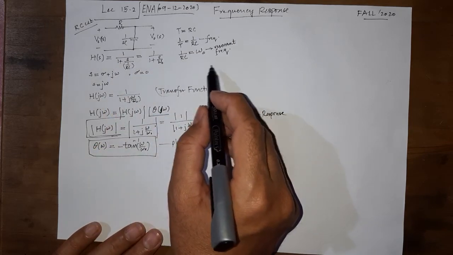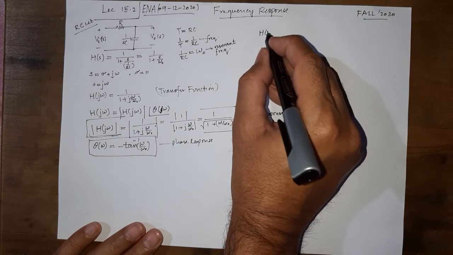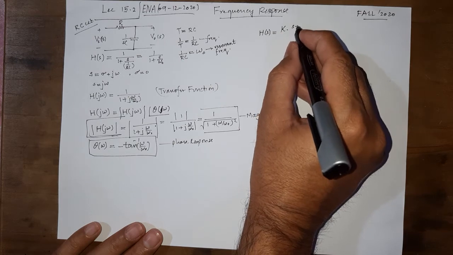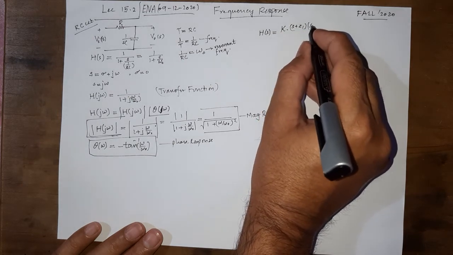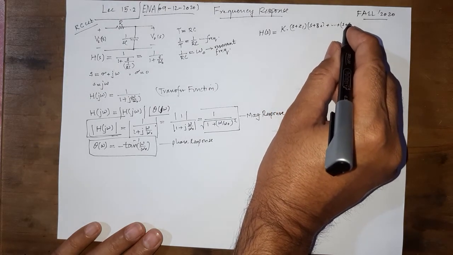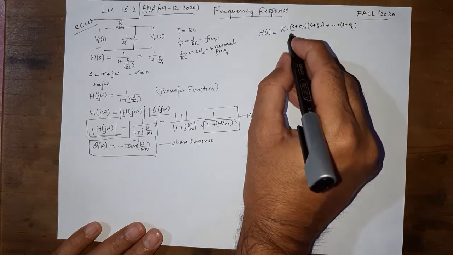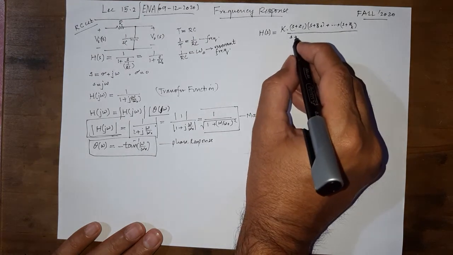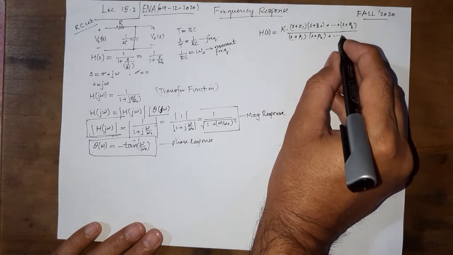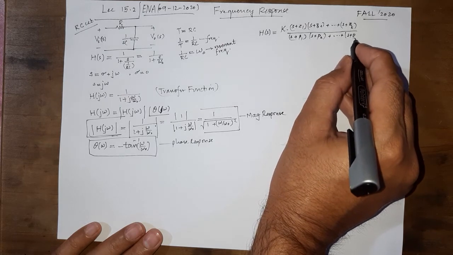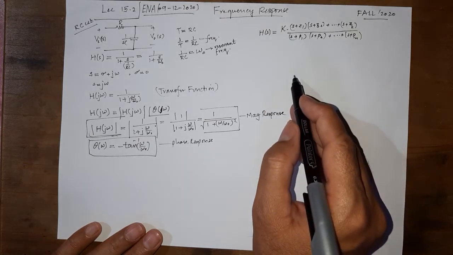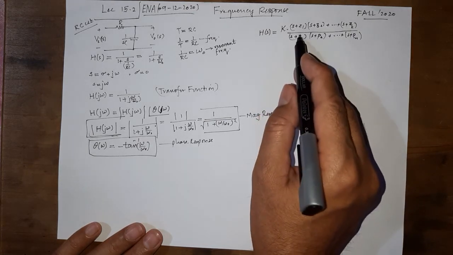Rather than writing H(s) like that, we can write a typical H(s) as some constant times (s + z1)(s + z2)... (s + zk), the kth zero, divided by (s + p1)(s + p2)... (s + pn), the nth pole. So there are k zeros and n poles,